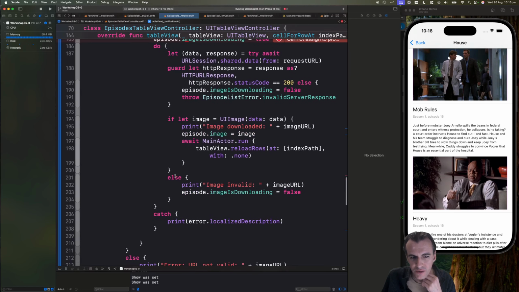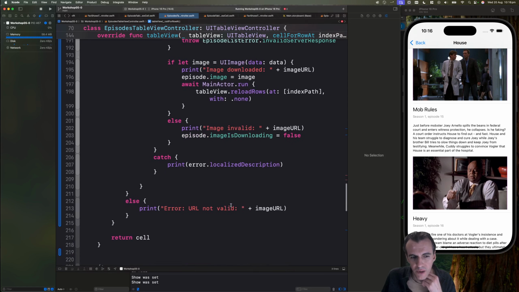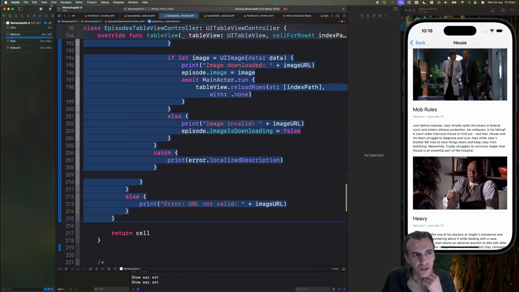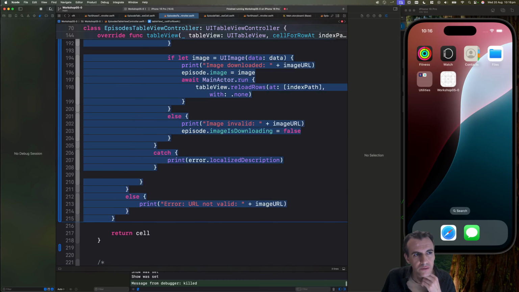The final thing is, you know, if anything fails, if we finish downloading, we set the image downloading back to false, and same thing here if there's a failure. And that's pretty much it. So if we run it,